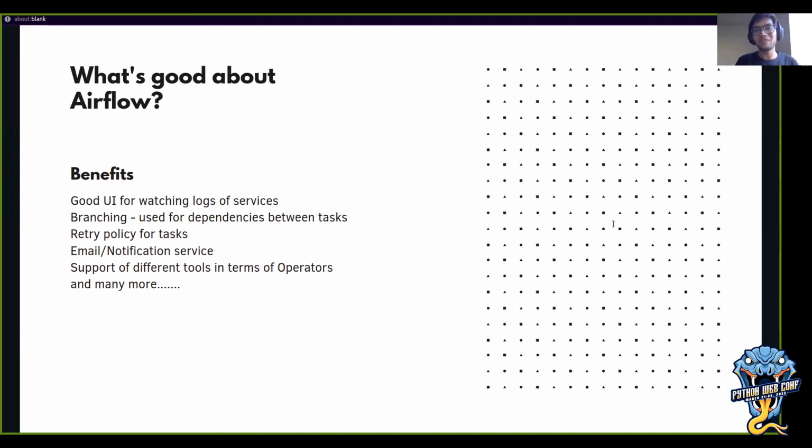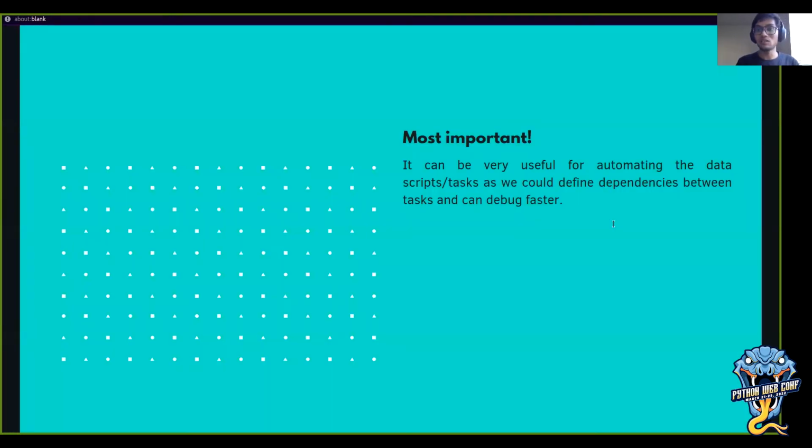And there are many different tools supported in terms of operators, like the Docker operator and all that stuff. So that really makes Airflow useful and handy, right? And the best thing is that it can also be used for automating a data script. So let's say you are running a cron job, or you're just running a bash script or something,